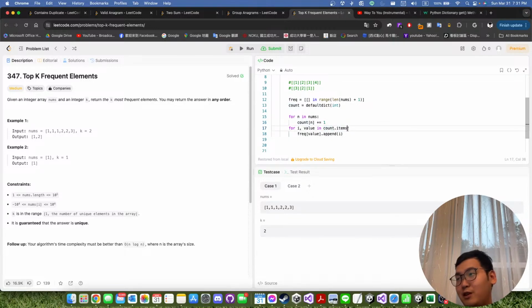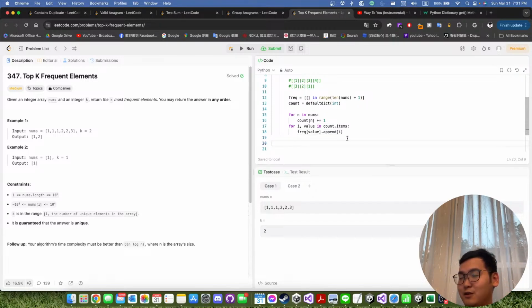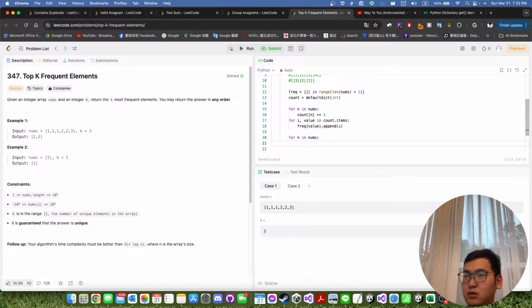Probably my name is not good, so that's why it makes me think a little bit. Okay, and then we just need to iterate for in nums, if